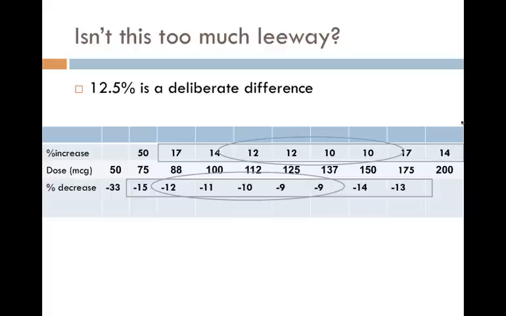As you can see, the difference between 100 micrograms and 112 micrograms, which is the next available dosing, is actually an increase of 12%, which is about how much you're allowed to have and still be considered bioequivalent. So you can have a whole other dose and still be considered bioequivalent. So plus or minus 12.5% is not really tight enough for